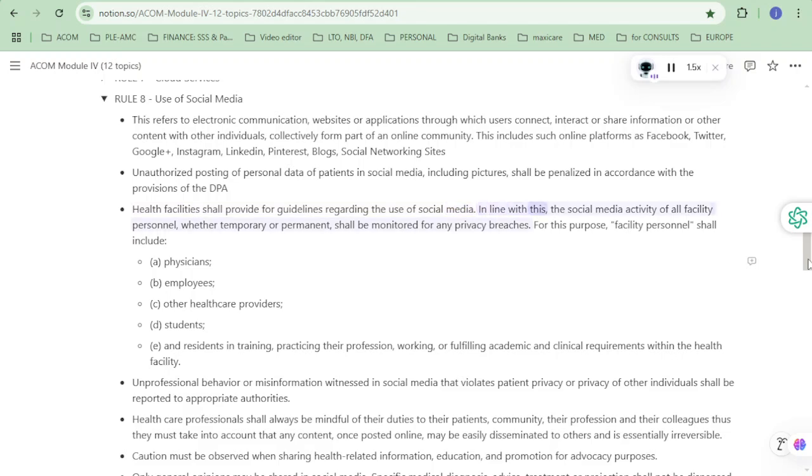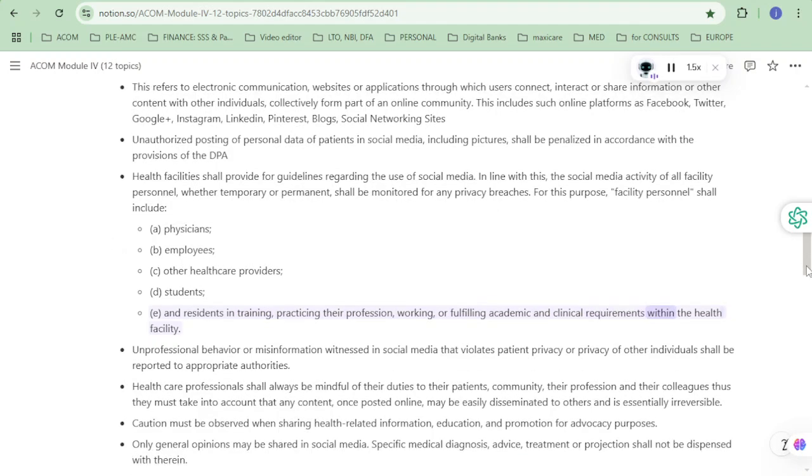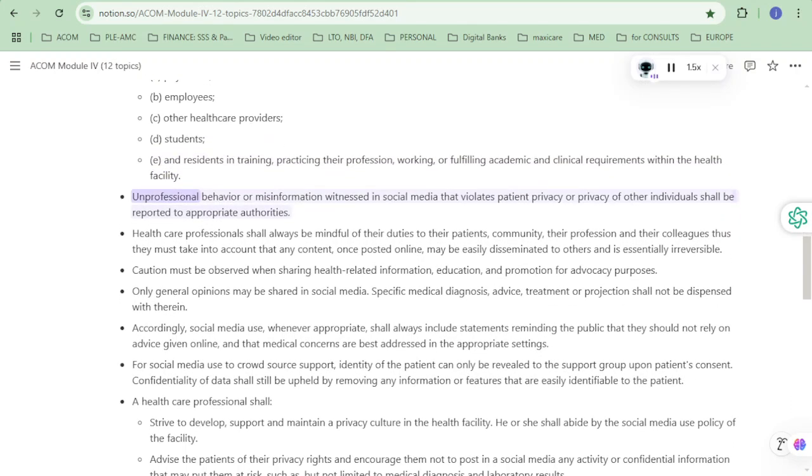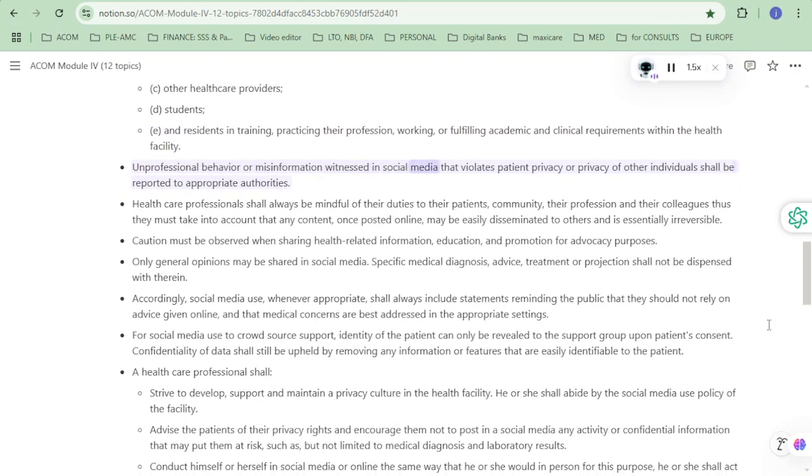In line with this, the social media activity of all facility personnel, whether temporary or permanent, shall be monitored for any privacy breaches. For this purpose, facility personnel shall include a. Physicians, b. Employees, c. Other healthcare providers, d. Students, e. And residents in training, practicing their profession, working, or fulfilling academic and clinical requirements within the health facility. Unprofessional behavior or misinformation witnessed in social media that violates patient privacy or privacy of other individuals shall be reported